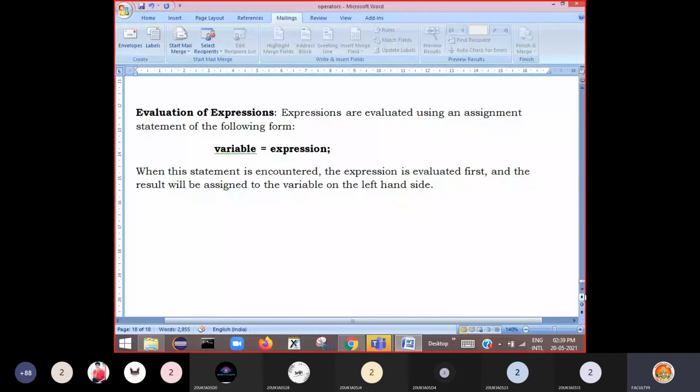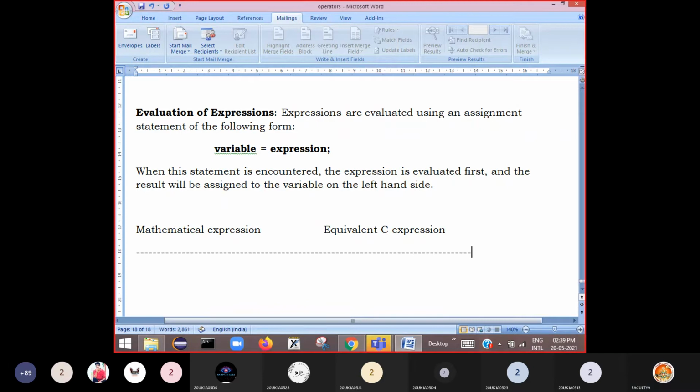You should understand this. Now, how to write mathematical expressions as C expressions. I'll show you a mathematical expression, and its equivalent C expression you should also understand.